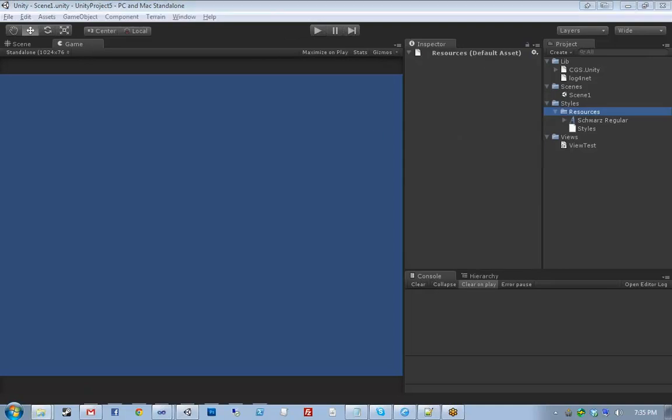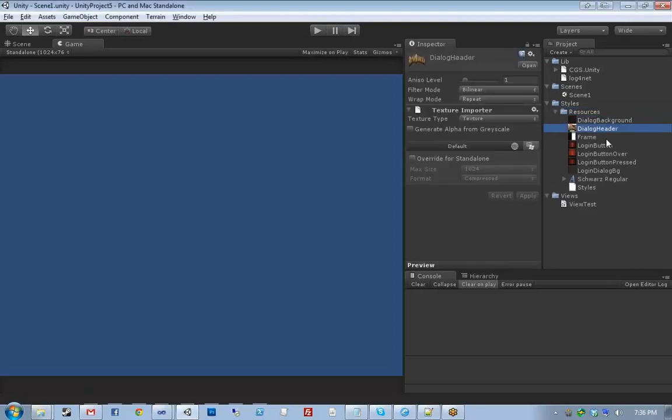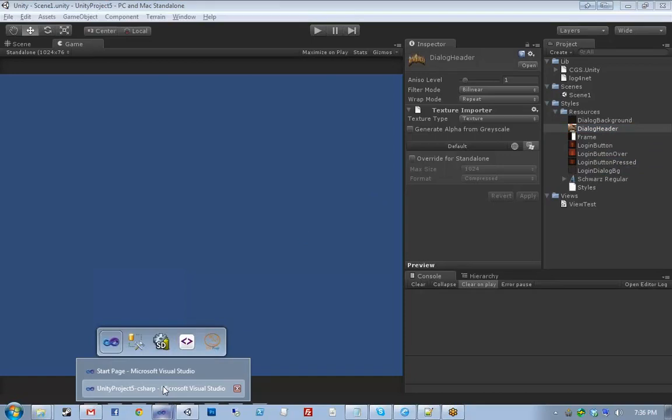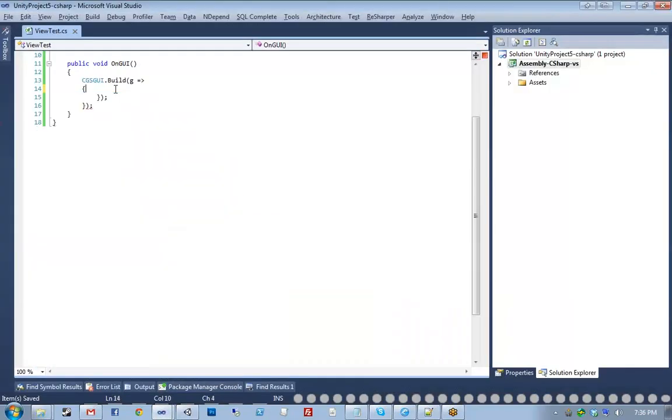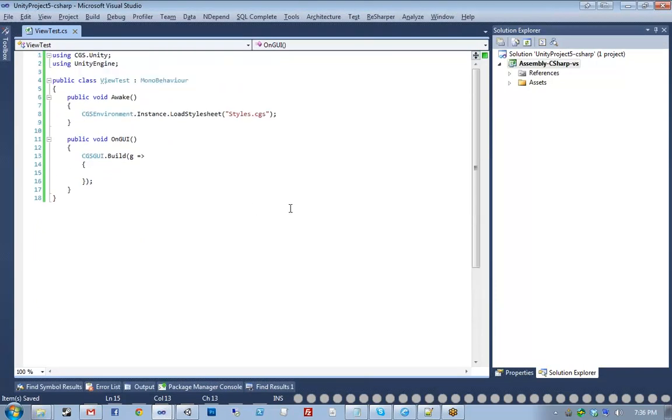Mm-hmm. The next thing I'm going to do is I'm going to drop over some textures because I'm cheating. So I already have all these textures set up from the game. Sure. I mean, when putting together a game, obviously you're going to have your artist that's going to be putting together these textures. Yeah. So, like all HTML and CSS and then CGS projects, you're going to start out with